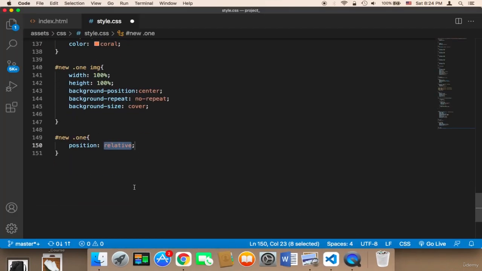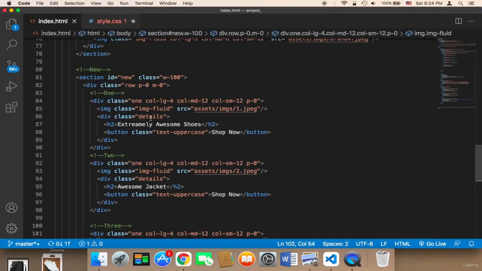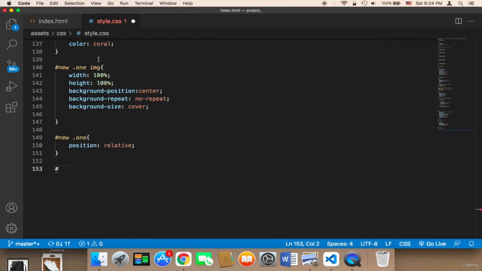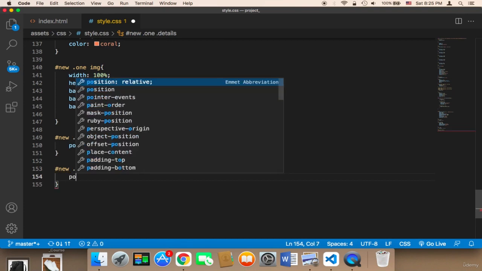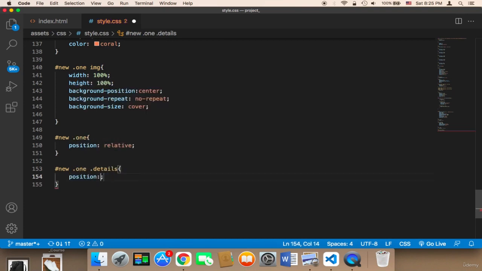To do this, we have to change the details section position. Remember, this details is below the image, and in order to display the details above the image, we need to say new dot one dot details. We need to change the position, so I'm going to change the position to absolute,